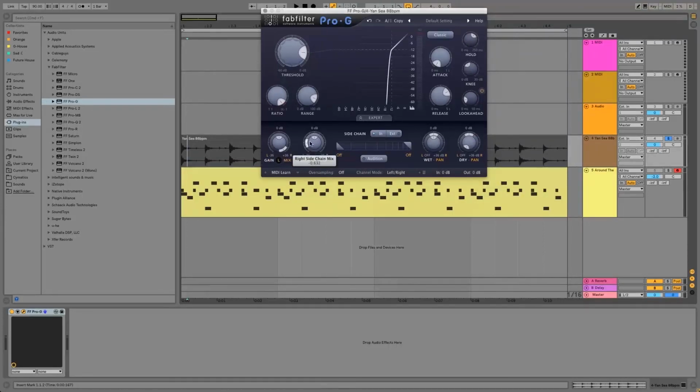Likewise, if I do this inwards, that means the right headphone is going to be playing the left stereo field of the sidechained input signal. That effectively means that you're just inverting your stereo field in this case. So if we click Audition and play what we have,